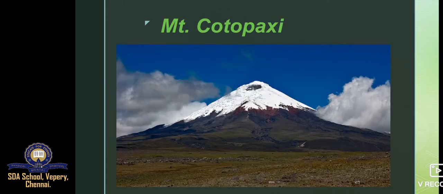They are so high that in spite of being located near the equator, they are snow covered almost throughout the year. Some of these peaks are of volcanic origin. Thus, earthquakes occur frequently on the western side of these mountains. Mount Cotopaxi in Ecuador is one of the highest active volcanoes in the world. Many short and fast flowing streams originate from the western side of the Andes Mountains.